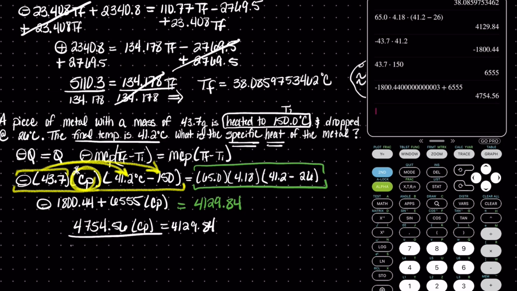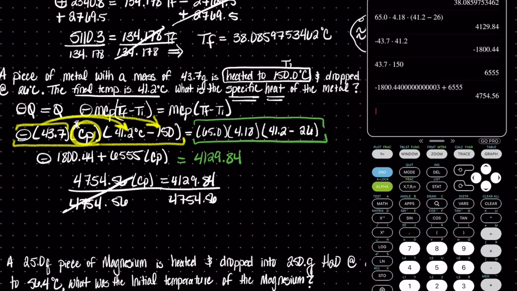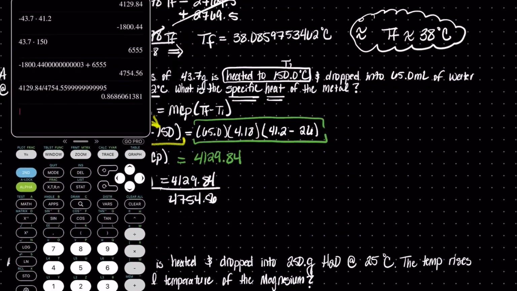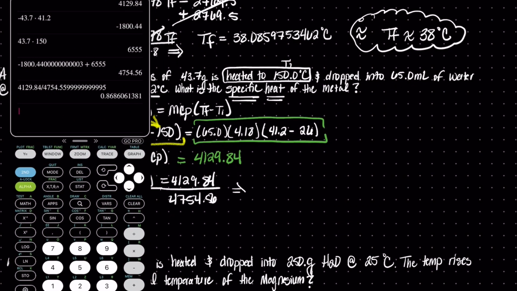Now I can isolate C sub P, or my specific heat. And I know, or just recall it down from my calculator here. I know that my C sub P is equal to